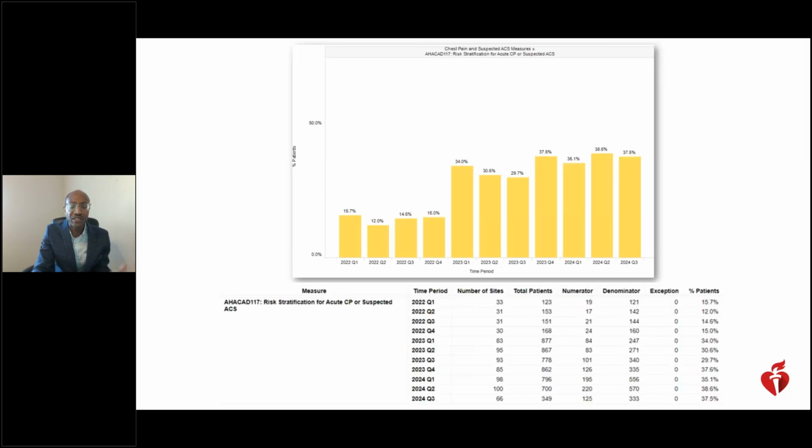And then, as you can see here, we're really early in the stages of trying to change our paradigm. We definitely are making gains, but have plenty of room for improvement in trying to improve outcomes and identify coronary disease, identify acute coronary syndrome, as well as further stratify patients who are low risk as well.